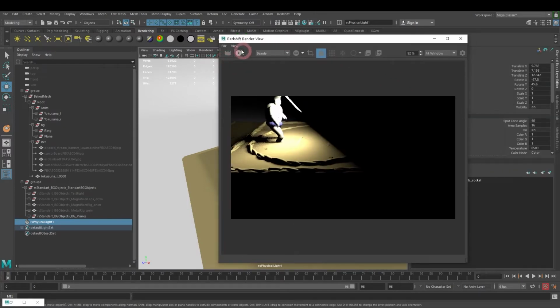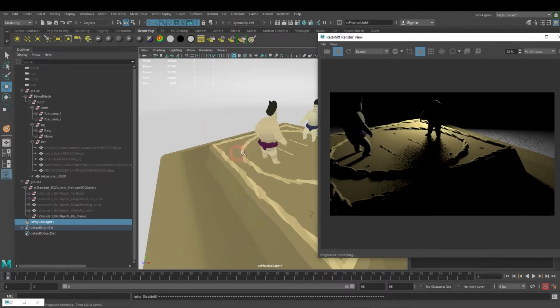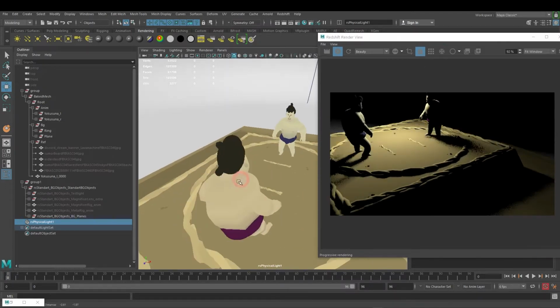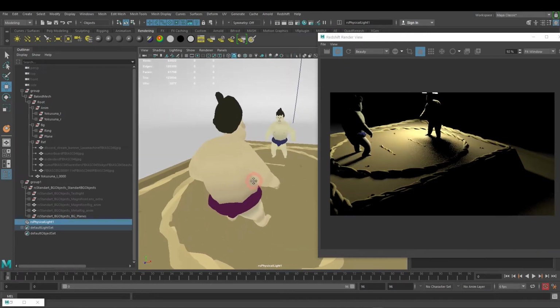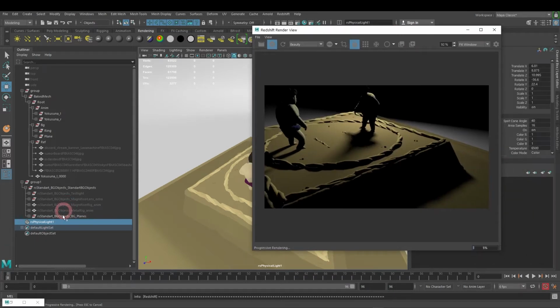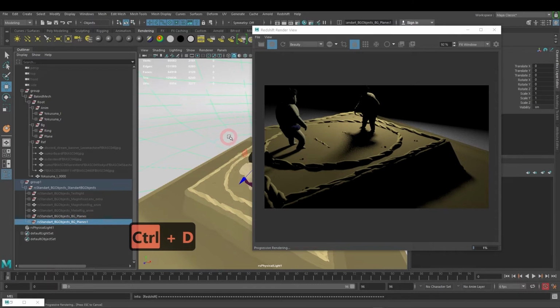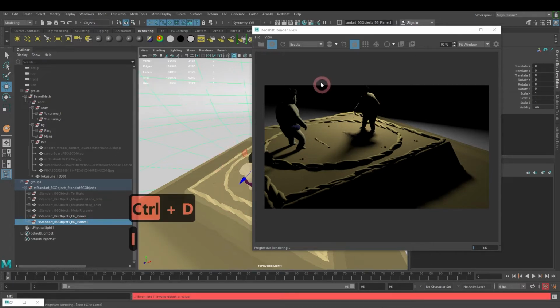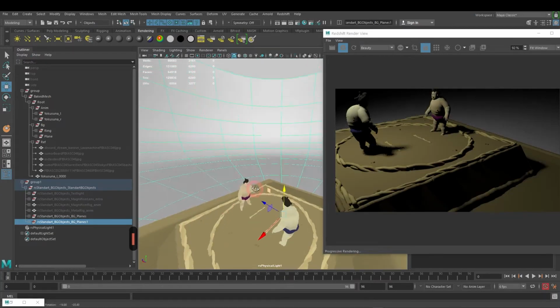I also press on render again, and now you really can see that a lot is going on here. You can set up this spot wherever you like, maybe in the back, and I just create a duplication of this spotlight for the fill light. So I press Ctrl D to duplicate it, and also again look through selected by pressing L, and now I'm inside the other